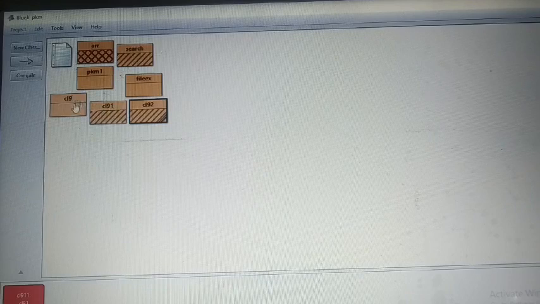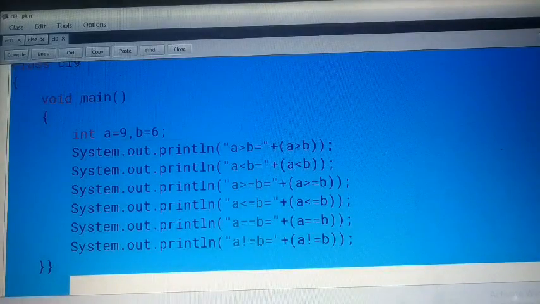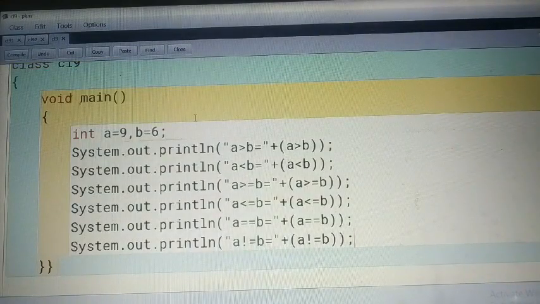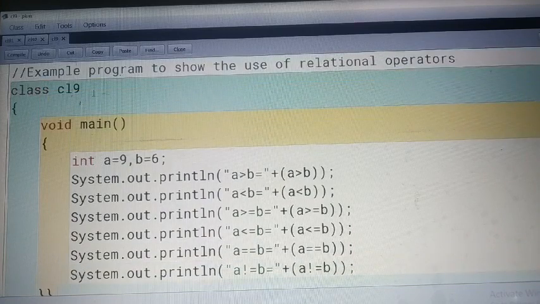In the BlueJ screen I have already made a program that is showing the use of relational operators. In this program we have a class named CL9, and this program is going to show you the use of relational operators.